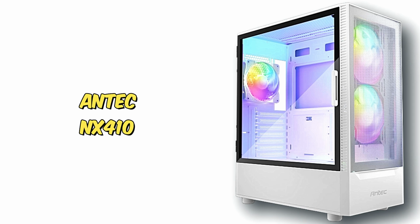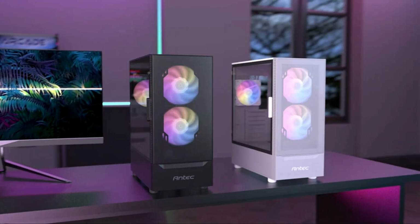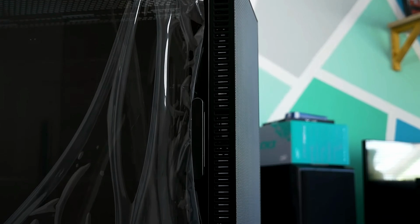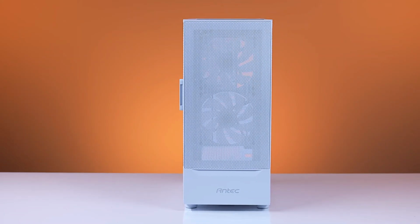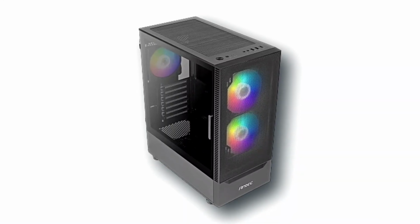rig. Antec NX410. Elevate your gaming setup with the Antec NX410 case. Crafted for both style and performance, this case features a tempered glass side panel that showcases your hardware in all its glory. With pre-installed RGB fans and a built-in LED controller, you can easily customize the lighting to match your